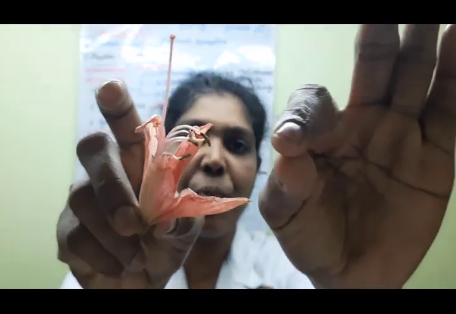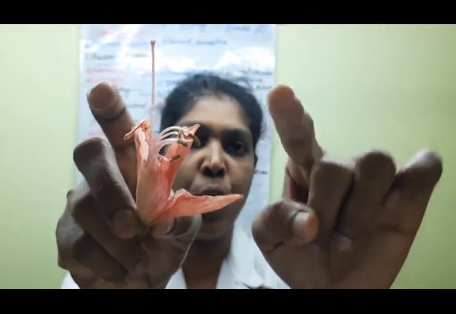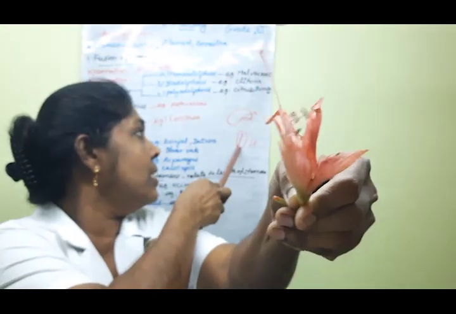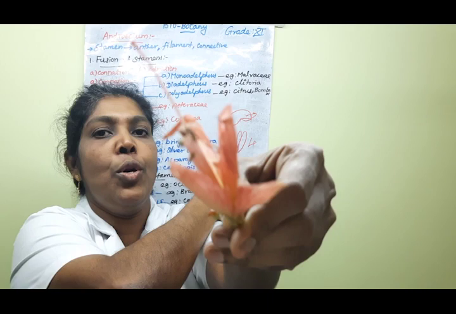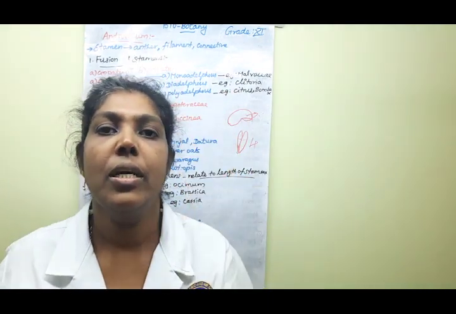See, these are the 2 lobe like structures of this anther. If we look minutely, we can clearly see this condition, the 2 lobed like structure. Clearly you can see this is the specimen, the 2 lobed like structures. Understood, ma'am? Say yes or no? Yes. So we have completed the anther types.